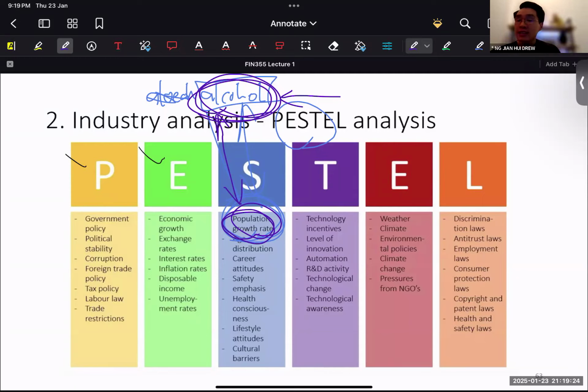Okay, this is a good question. Is it advisable to use both? Now, the thing is, it really depends on how deep you want to go on the PESTLE analysis. One important thing I want to highlight is that you need not use every single letter of the alphabet. Even though it's recommended, you need not use every single letter, because sometimes if you focus so much on the